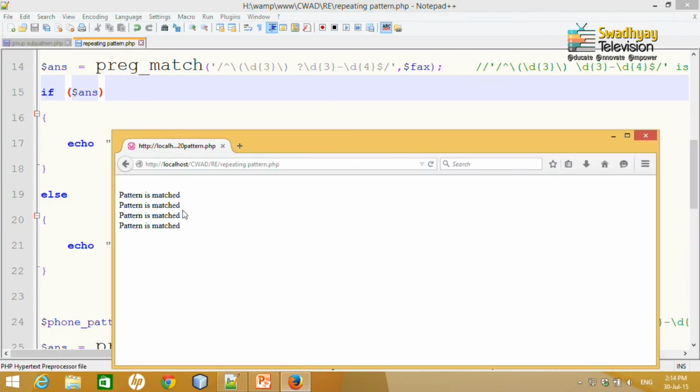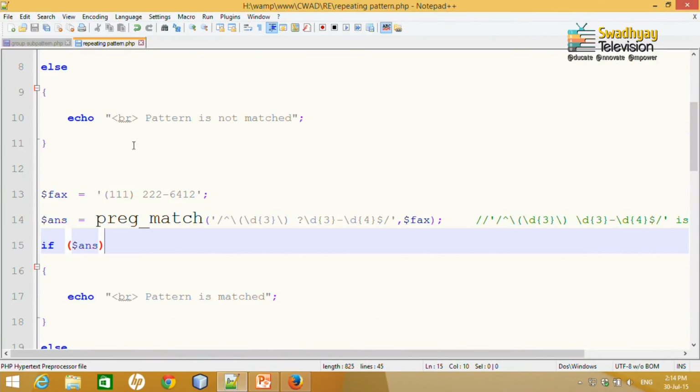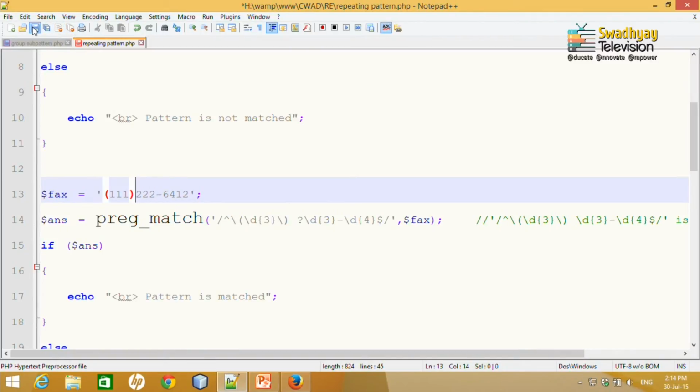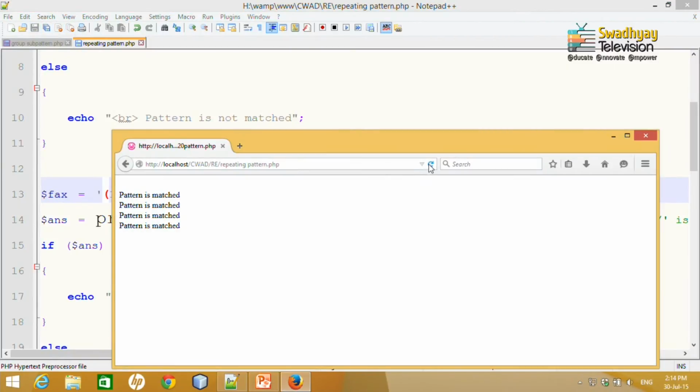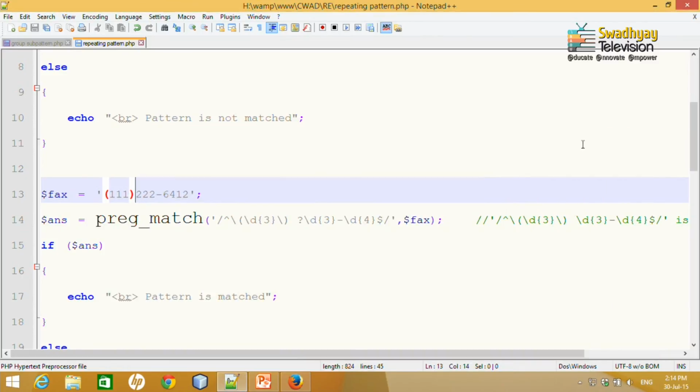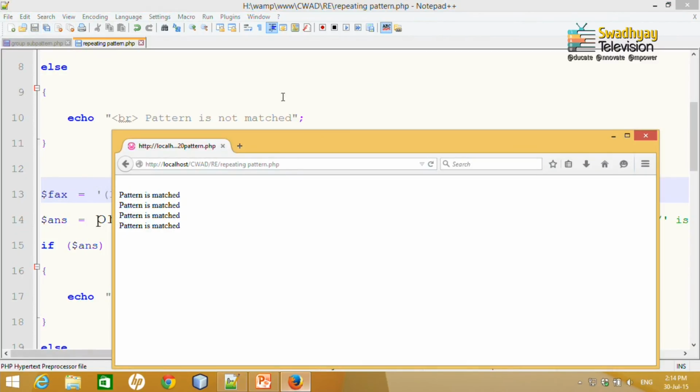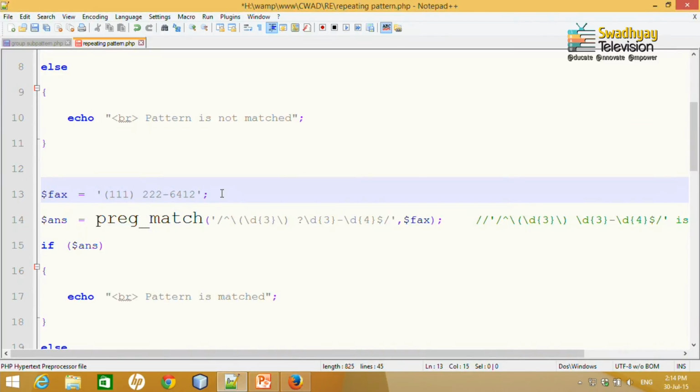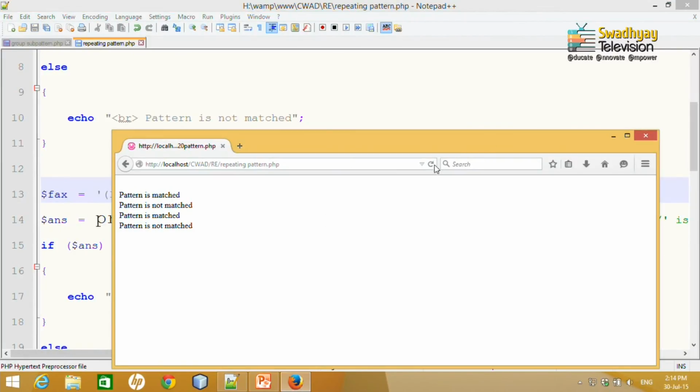So it is matched. Here you should be cautious about spaces also, because if some extra space occurs, it will not match, or it may generate an error. It may give you some unexpected result. For example, here I make 2 spaces, and then let me try to match it. So it says the pattern is not matched because there is one more space. If there is only a single space and I match it, then it will work.